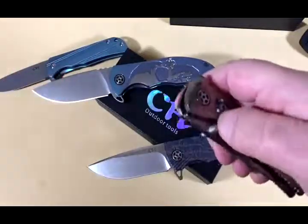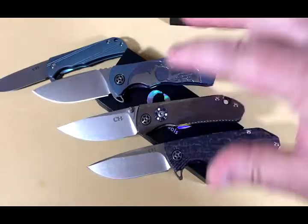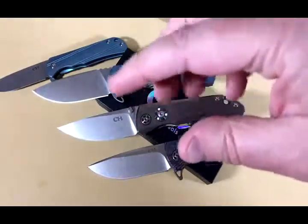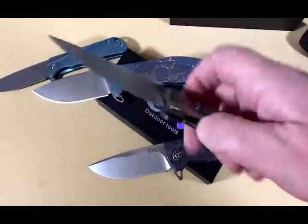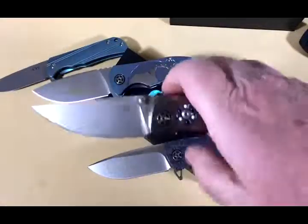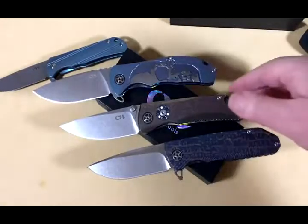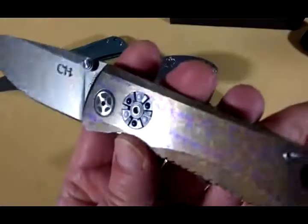I've got kind of one of every, no, I don't have one of everything. He's got a ZDP knife that's kind of a front flipper, and he's got a couple of new ones that are out that I don't have. So here we go down the I'm broke road, right? Because if his other knives are as good as these,